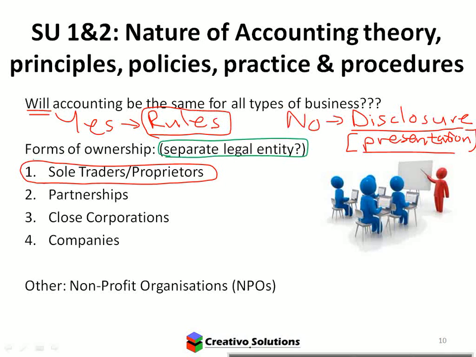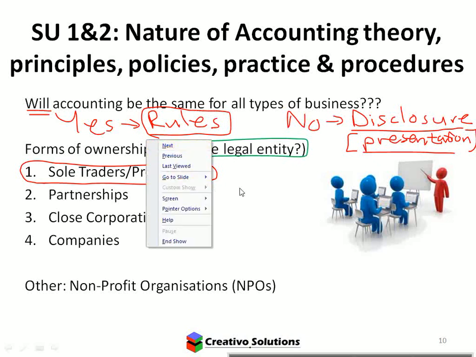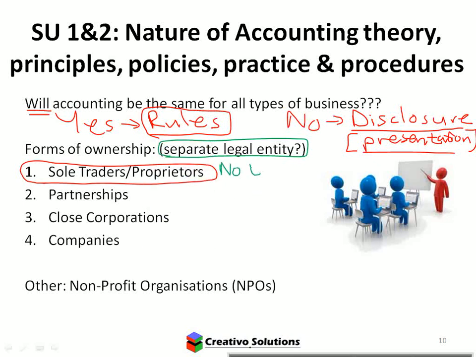If you transact with a sole proprietor, are you dealing with the sole proprietor? Yes, you're dealing with the sole proprietor. So sole proprietors are not separate. Partnerships also not separate. So a partnership, that could be like a married couple, husband and wife. Both are in a marriage, so if you're dealing with the one, you're dealing with the other. If you enter into contracts, it wouldn't be separate.